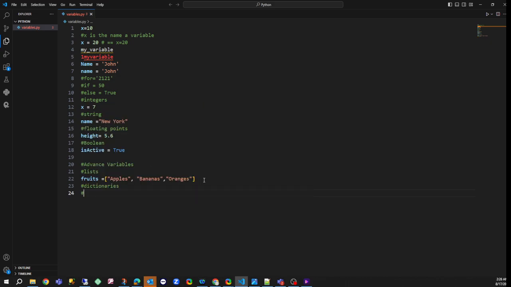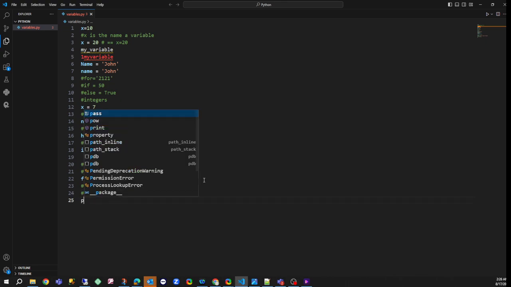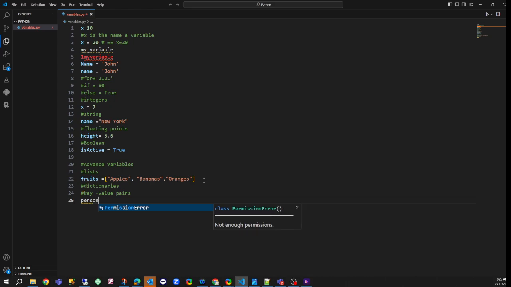You can say key value pairs. For example, we can say person, that's a variable, and we can have a key, in this case name, and the value will be, you put a colon, Julius, for example, and then we can have age as a key, and a value of 45, for example, and then we can have